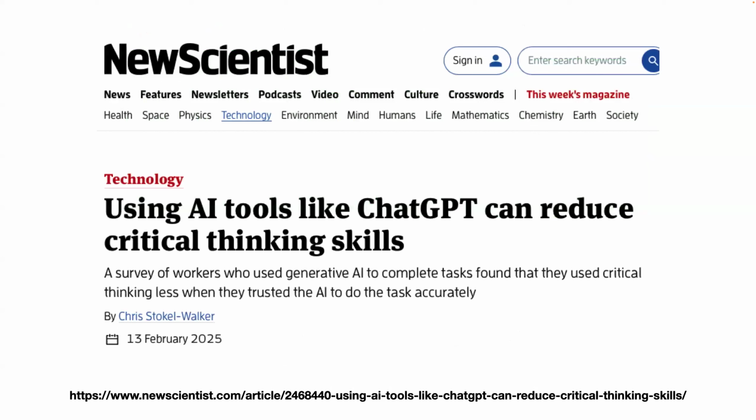Now, despite that, there's another announcement out of Microsoft, actually. This is Microsoft Research, and they surveyed a bunch of workers who use generative AI to complete tasks and found that,